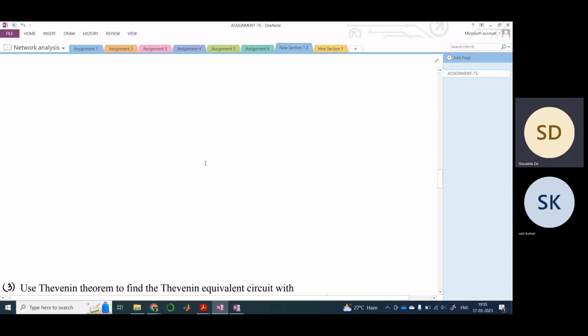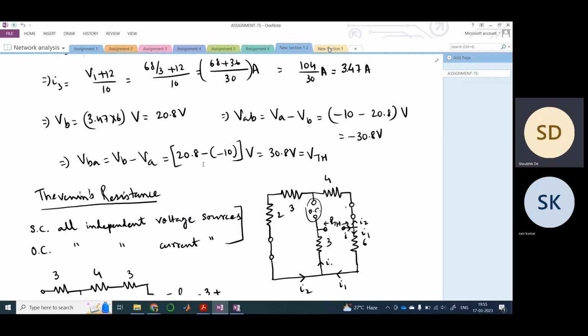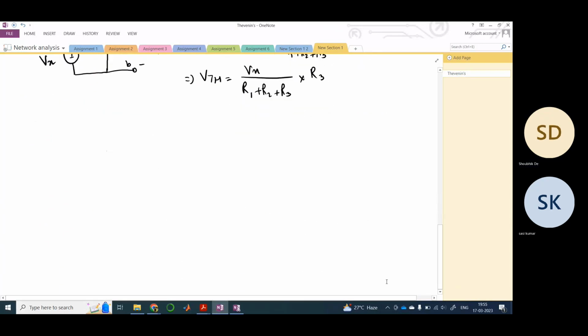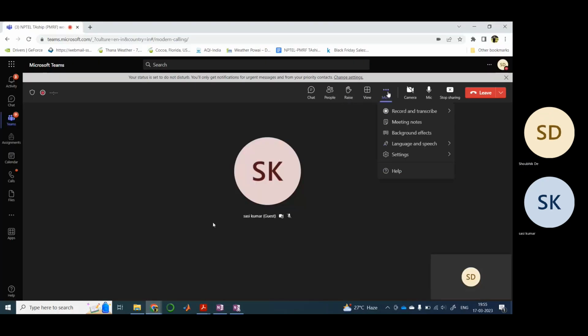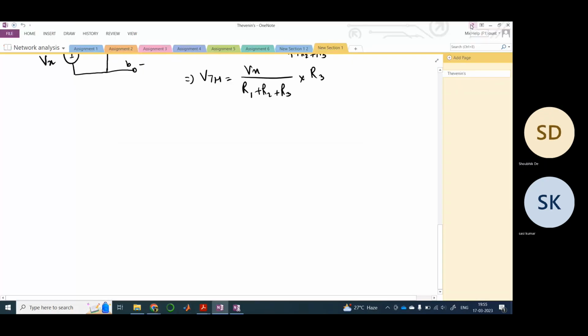Okay, so we will also try to solve this using Norton's theorem. Let me just explain Norton's theorem once. I hope this is clear. So if you have any doubt, you can ask. Okay. So in Norton's theorem,